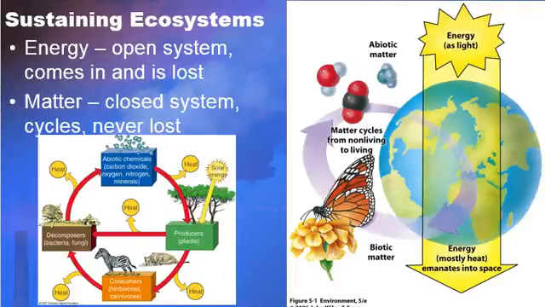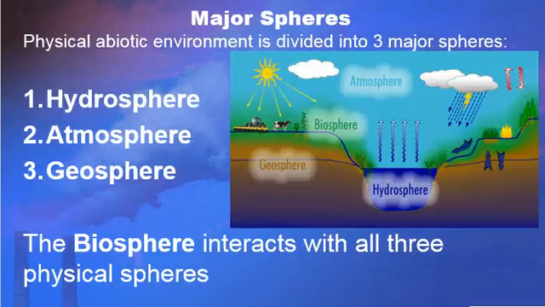So remember that on Earth we kind of consider it an open system in terms of energy, because energy can come into Earth and it can also leave and be lost back into space. But matter, it's really more of a closed system. Matter, for the most part, really does not leave Earth, and it does not really come in any quantity from outer space. So that means that matter has to cycle around over and over again, because that amount of matter is limited because of that whole law of conservation of mass.